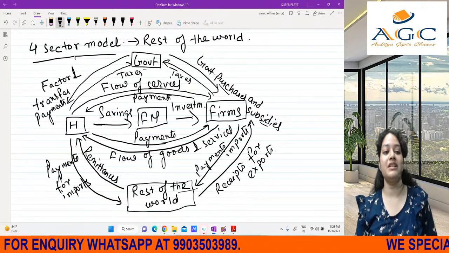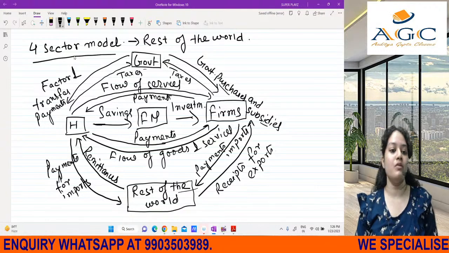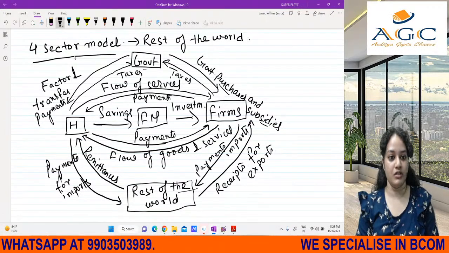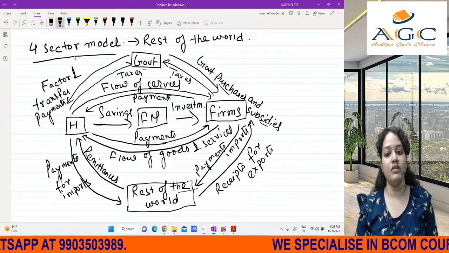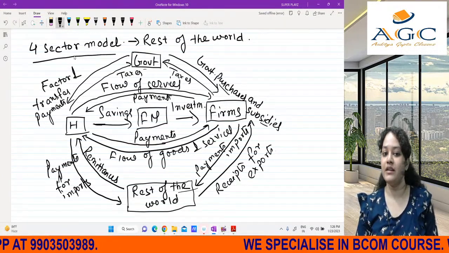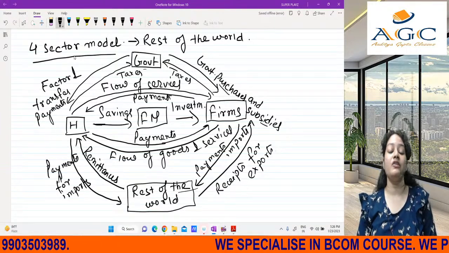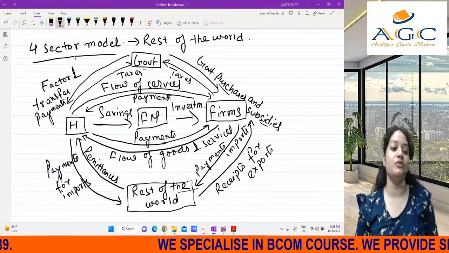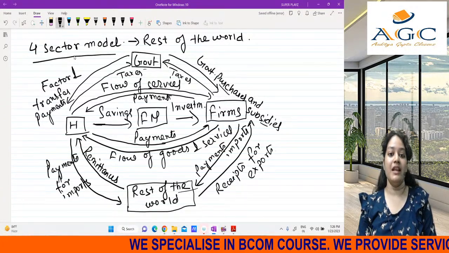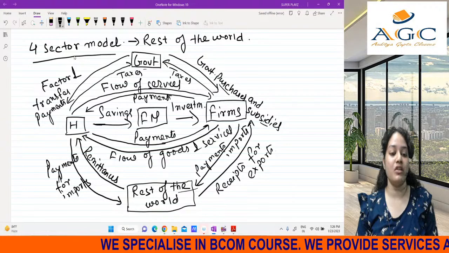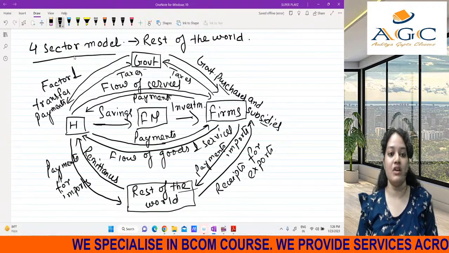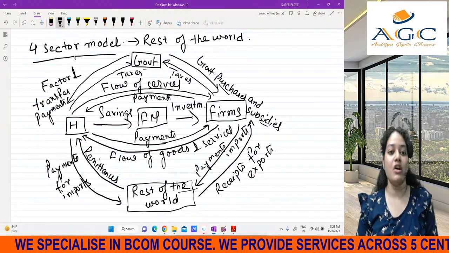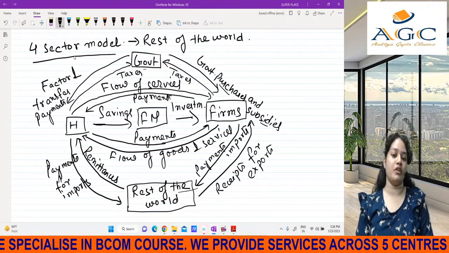It's not like you just have to mention what is circular flow and what is real flow and money flow. Obviously, you will have to explain what is circular flow, then under circular flow what are the two flows, real flow and money flow. You have to explain that, and you have to give a diagram and an explanation of the two sector model with savings and investment. Like if anywhere it is not mentioned whether with savings or without savings, the only thing that you have to draw is with savings and investment. That is your utmost priority and that is utmost important.